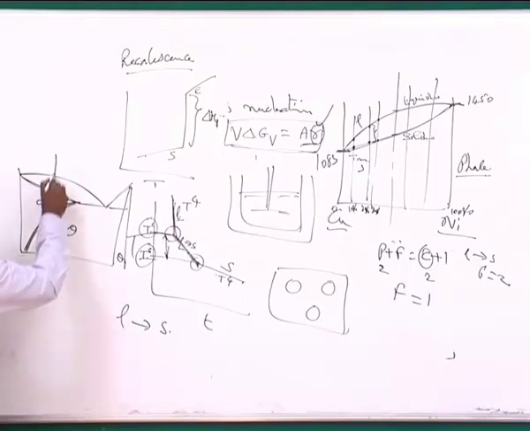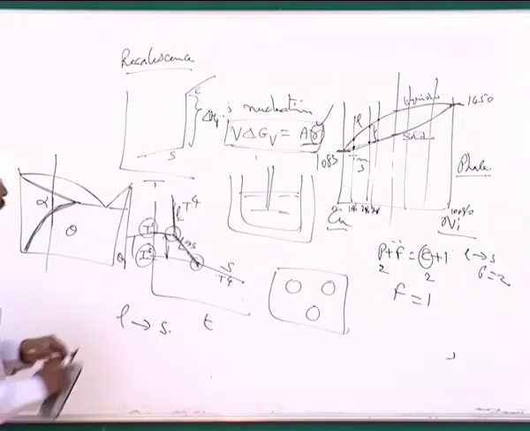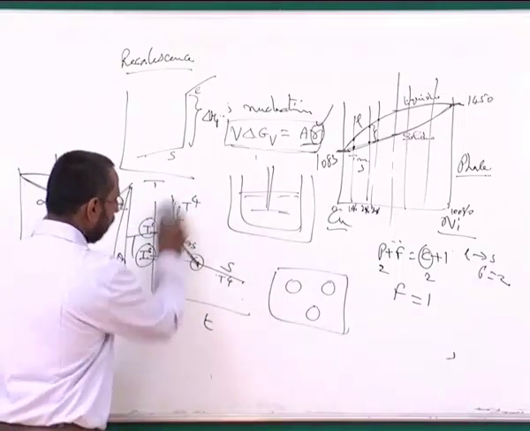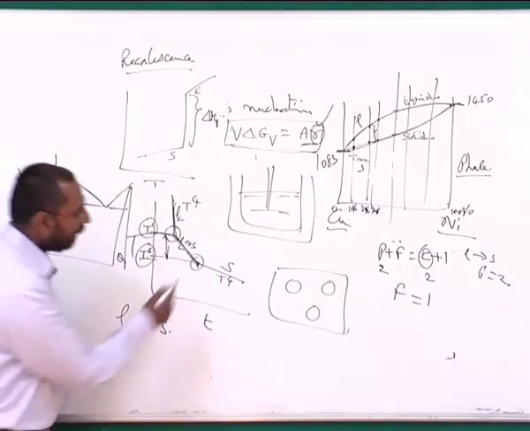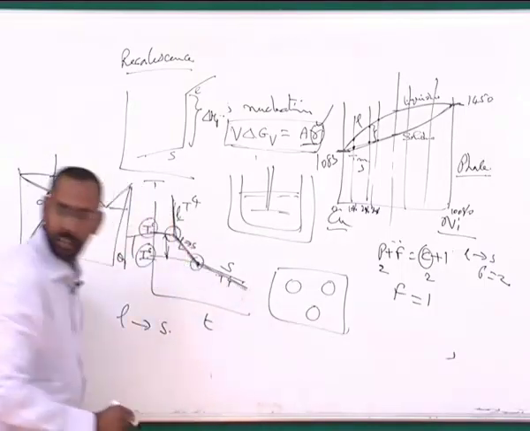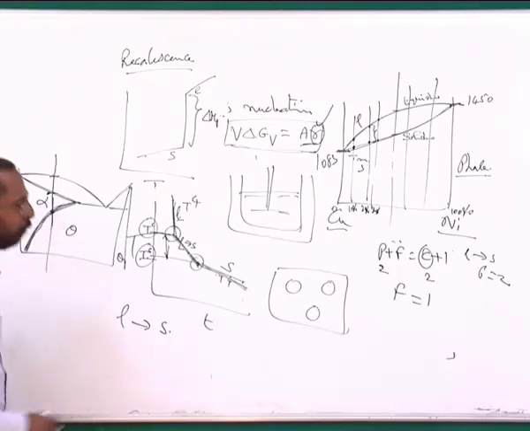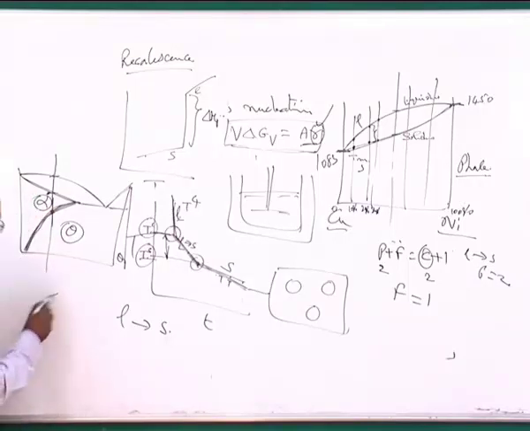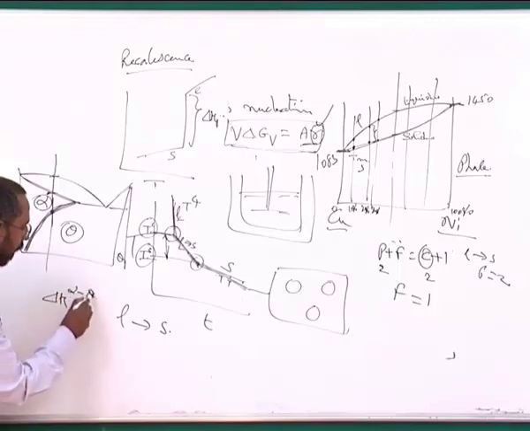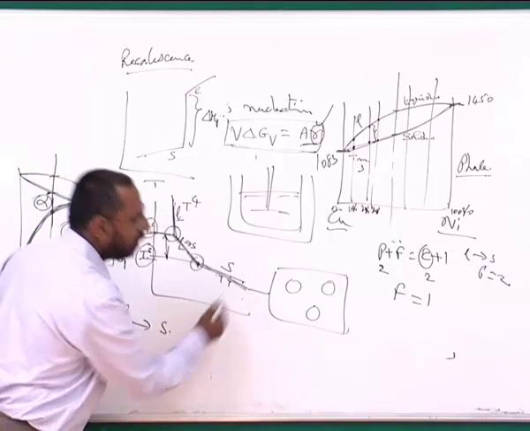So if I take this alloy, for example, and allow this alloy to solidify, the way I get a cooling curve will be in principle something like this exactly. Because this is the liquidus, this is the solidus, I should be able to get this. But as I cool this solid further, this solid at this temperature should show me further slope change, because this is precipitating theta, and theta may have a different enthalpy when compared to the alpha, and there should be some delta H difference between the alpha and theta, and this delta H difference between alpha and theta should cause some kind of a slope change here.